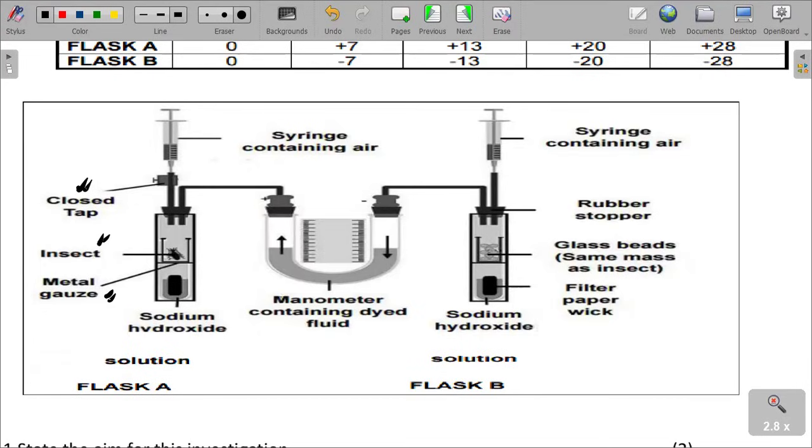We also see the manometer containing the dyed fluid with the sodium hydroxide solution, which is also shown here, and the glass beads, same mass as the insect, and filter paper, which is also shown below the rubber stopper and containing syringe